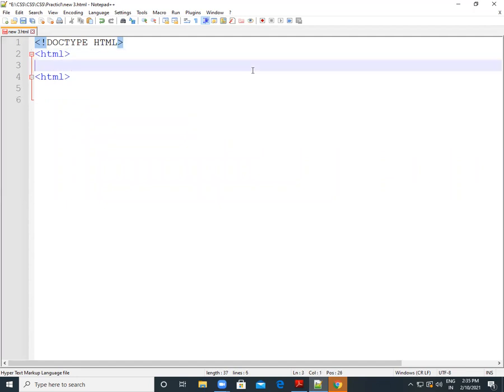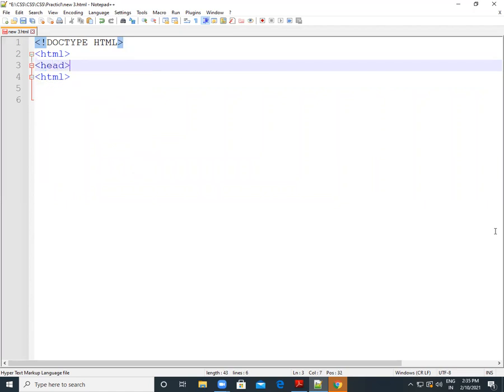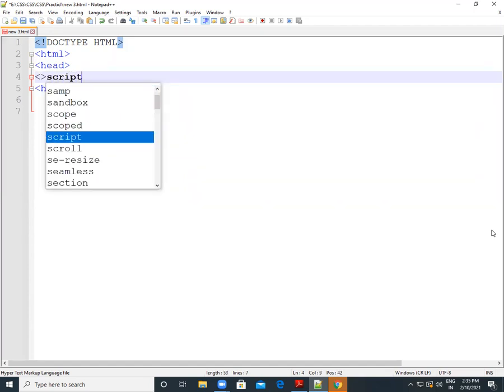Now in this HTML tag, we already know how we can write our web page name. So just write it here. We'll start with head. In that head, we will write our script tag. But before the script tag, we will write our body first and then we will use our logic.